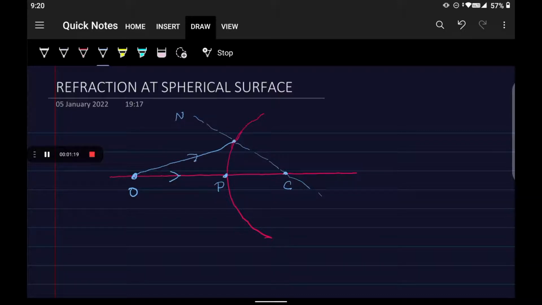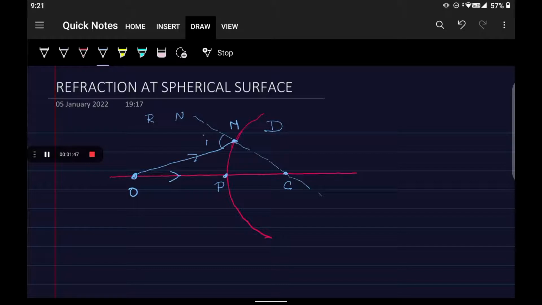The point where it is incident, I am making it M. So the angle between the normal and the incident ray will be i, right? Angle of incidence. And it suffers a refraction in such a way that from the rarer medium, this is going to be your denser medium. This is my next consideration.